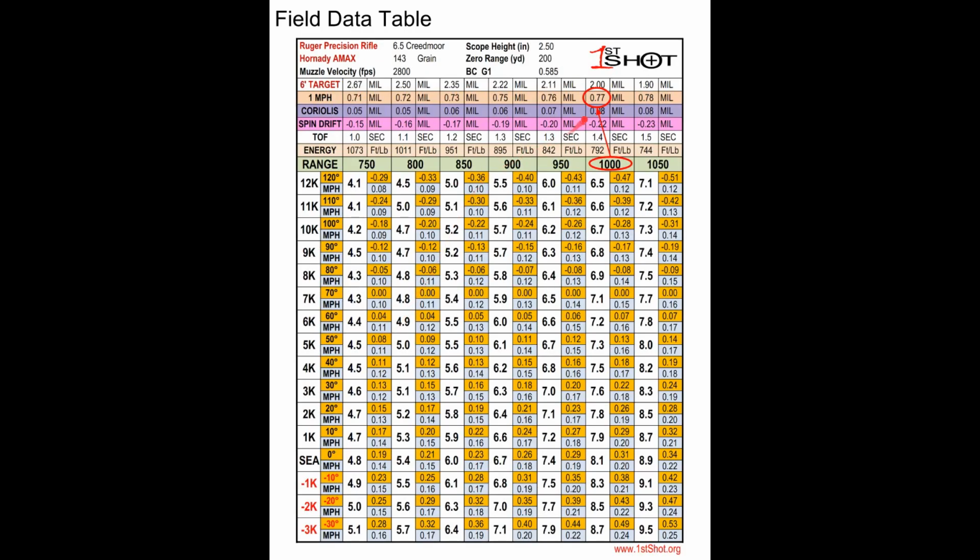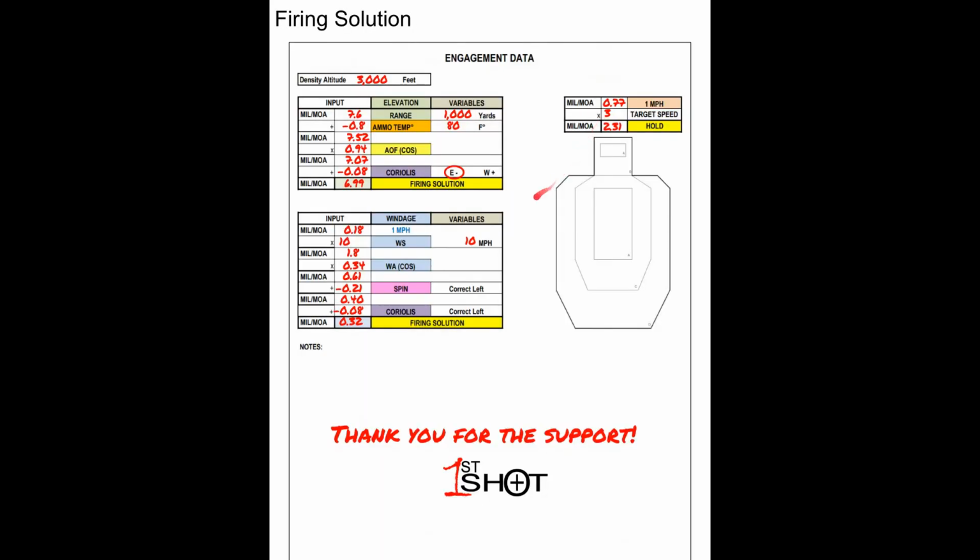So we're going to also do a quick calculation for a mover at 1,000 yards, 0.77 per 1 mile an hour that this mover is going. We know that this is a 3 mile an hour target. So 0.77 times 3 is a 2.31 hold. And now you know that you can dial for your wind if you want, and then hold for your target. Or you can add these two together and hold for 2.6